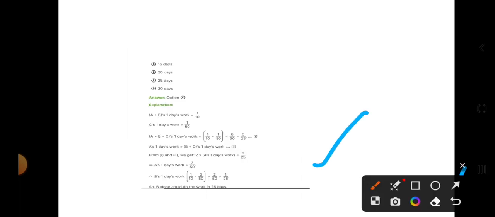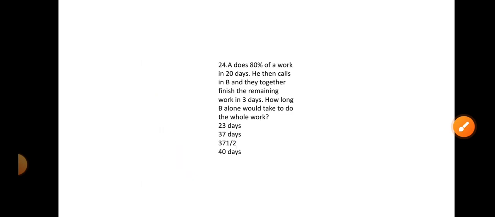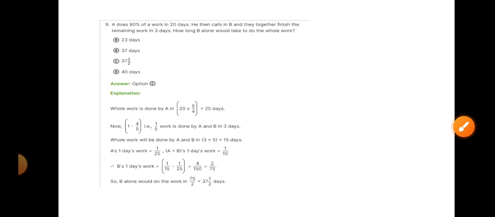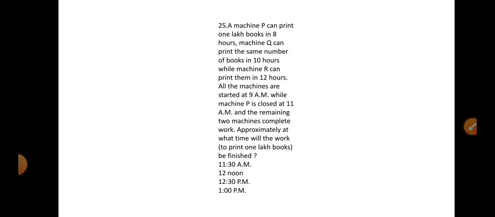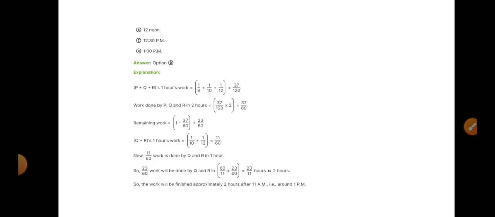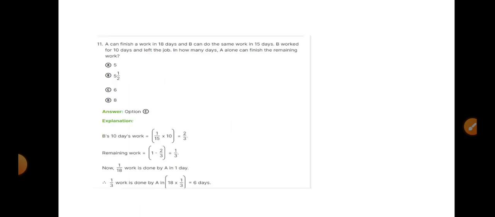And for 23rd question, 24th question, again you can see the answer. Actually I have shortage of time. So 25th question, again you can see the answer, how they have solved. You can ask me anytime in the group or in the comment section. 26th question,